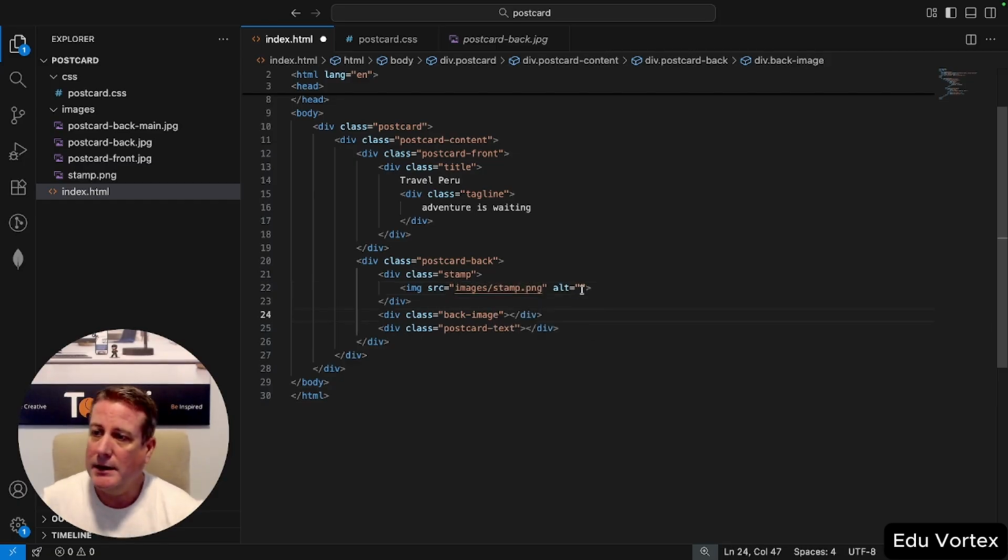Alt is an alternative text. So what this is, so you understand what this property means, it is for, let's say, screen readers or other kinds of accessibility. So that when you're going through an image, if somebody can't see because they have a sight impairment, a screen reader can pick up the alternative text and it will read it, and I can put in here